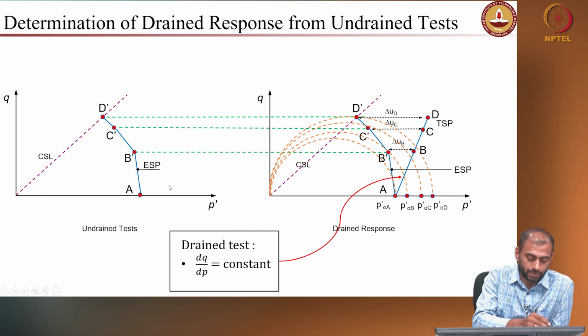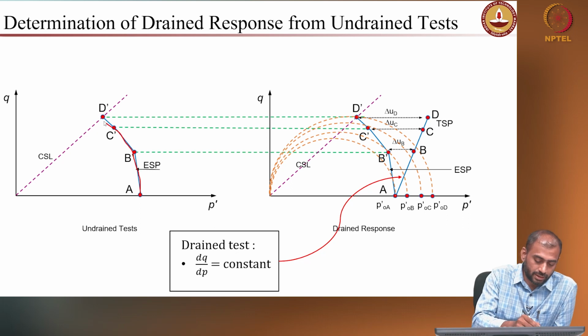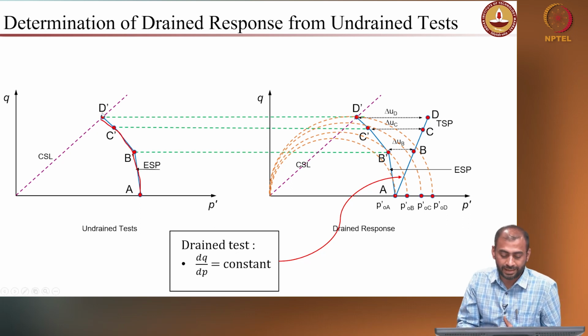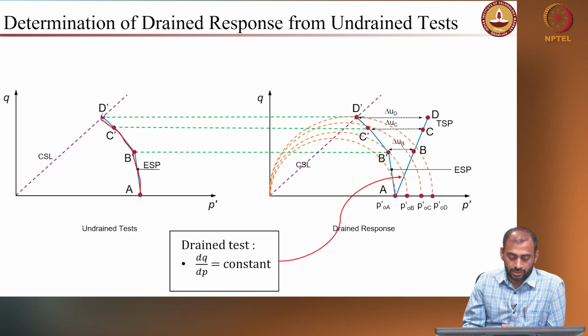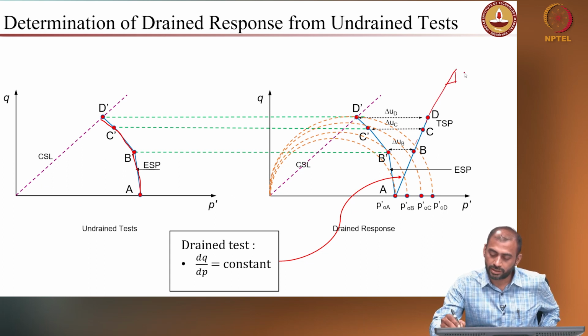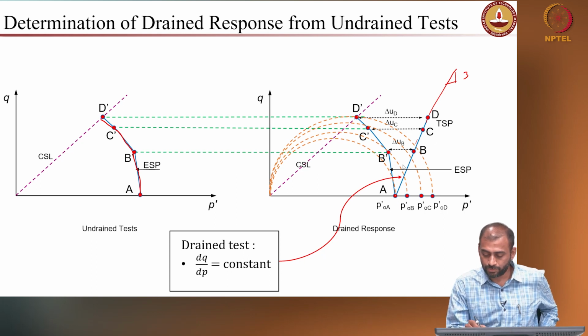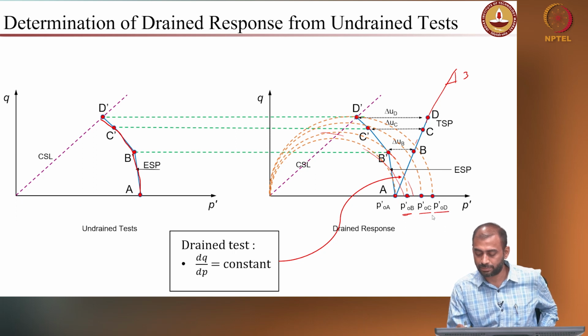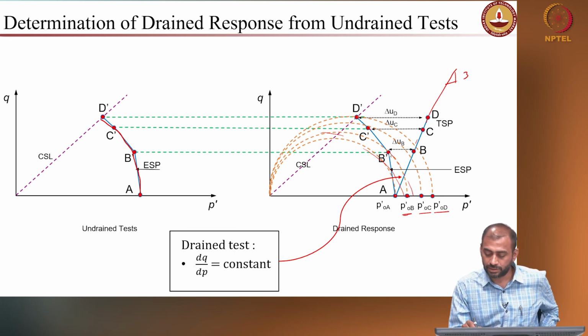This is in p' q space, and you are having this sort of an undrained response, right. But I want to know the drained response of the material. So for the drained response, you have to draw the stress path which is at a slope of 3, right. So you have this slope, you have this modified Cam clay failure envelope. Using different points, you can draw the envelope. That will give you your new pre-consolidation pressures, p0B, p0C, p0D, and the difference between that current